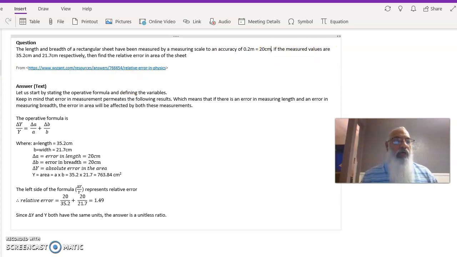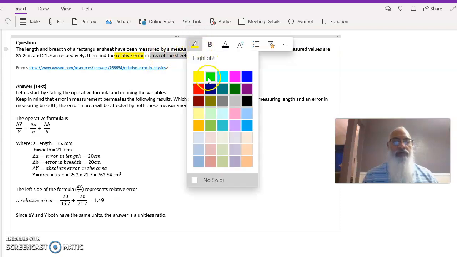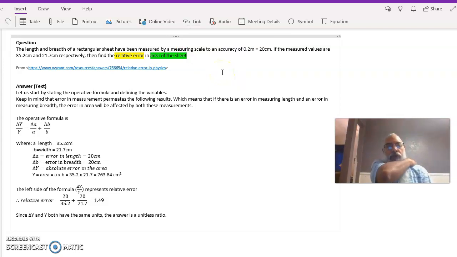If the measured values are 35.2 centimeters and 31.7 centimeters respectively, then find the relative error in area of the sheet. So important things to note here: relative error is what we are looking for, and it's the area of the sheet in which we are looking for that error. So those are the two important things to note here. And then, like I said, I was going to share a few insights about this topic, this idea, and we'll do that before we start working on